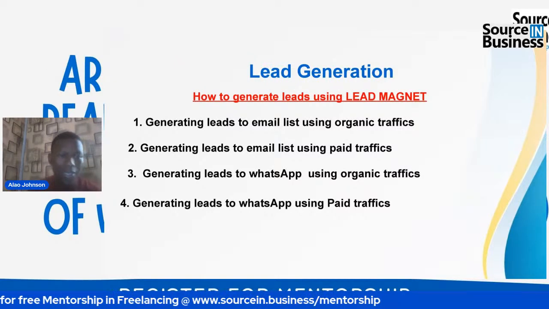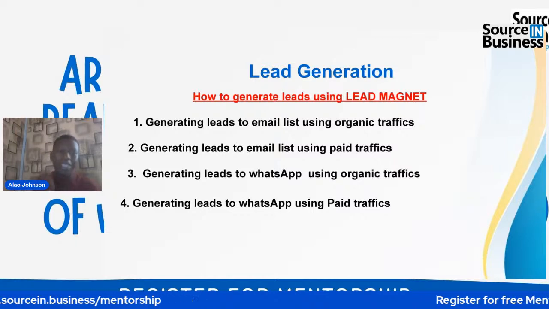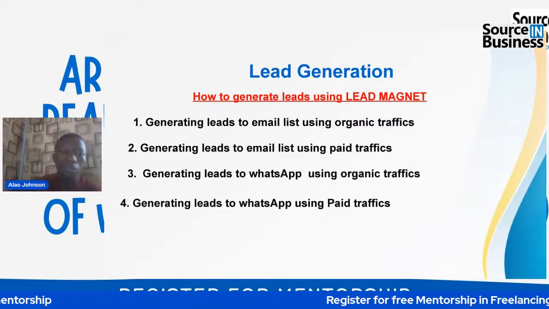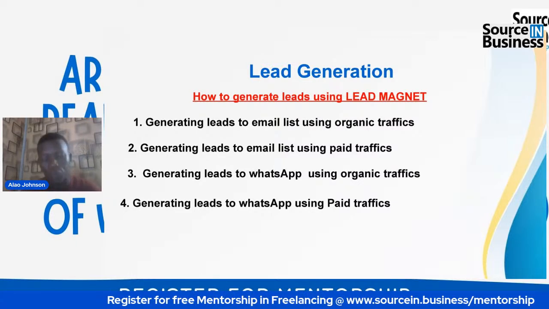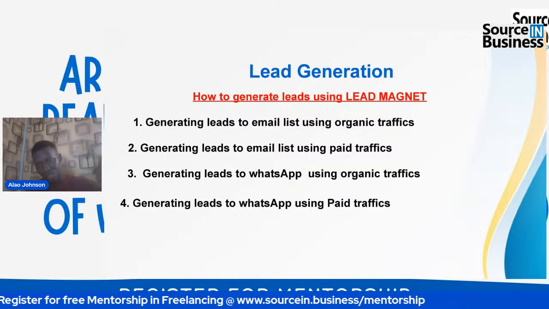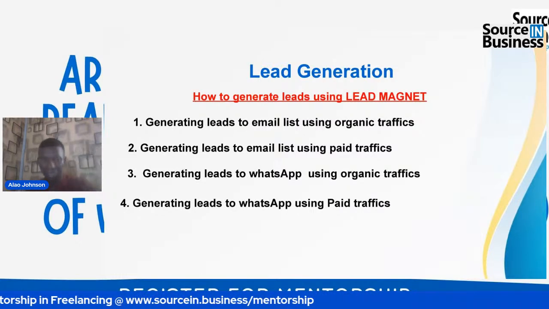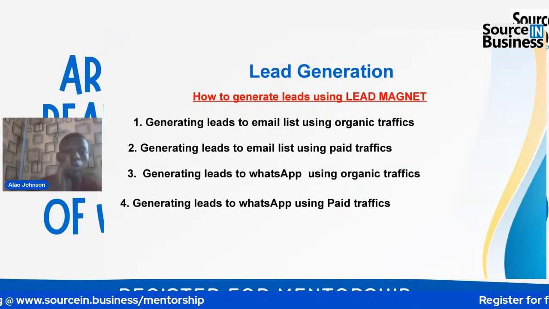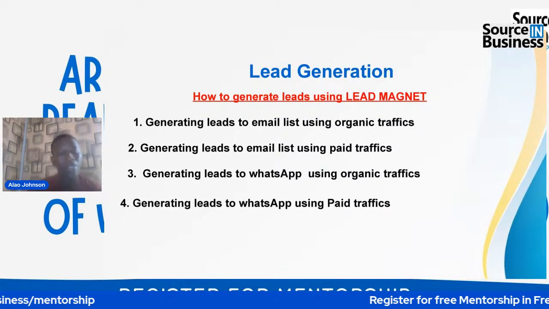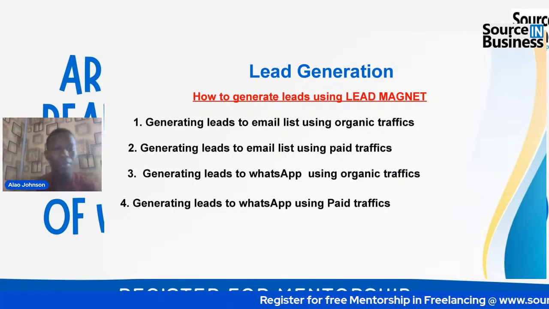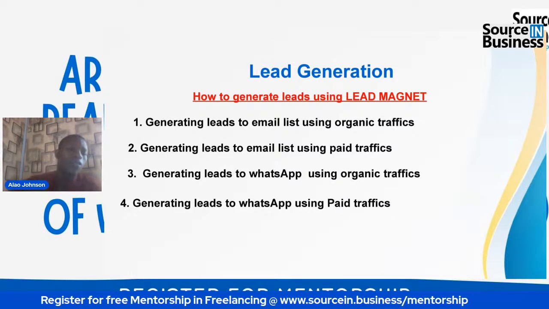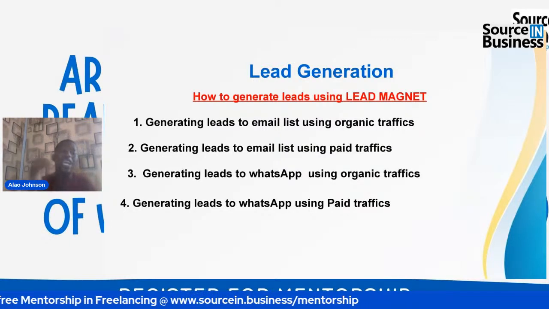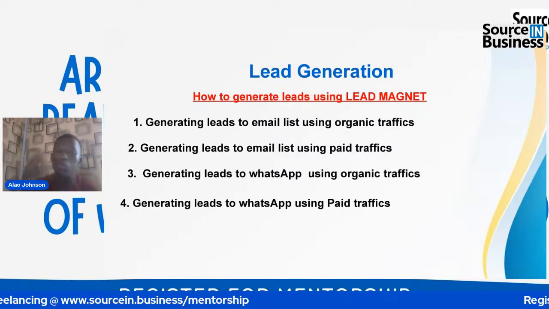The first thing is your lead magnet. Okay, let me explain what lead magnet means. Lead magnet means a bribe, something you are giving to people for free to get something from them. All right. I've explained this before, I think in the second class we had, or the third class, but I'm still explaining it because we need it the most in this lead generation class. So lead magnet is something that you give out for free to get something from people.